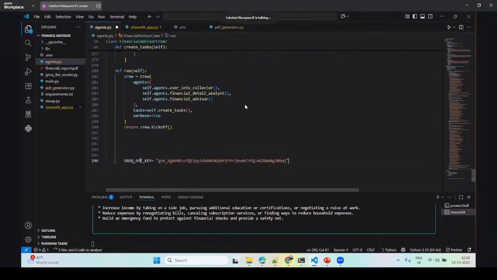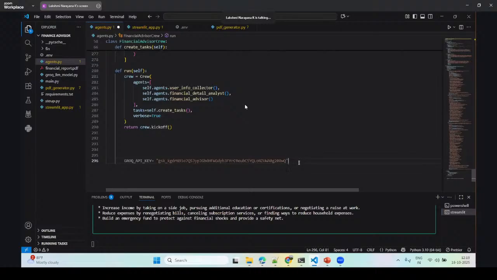So the API key is nothing but the entry point, the authorization. Let's say you are using an enterprise, paid model of ChatGPT. If you want to use a ChatGPT 5 API key, you need to pay some amount for it. So when you are calling the ChatGPT model, it should know